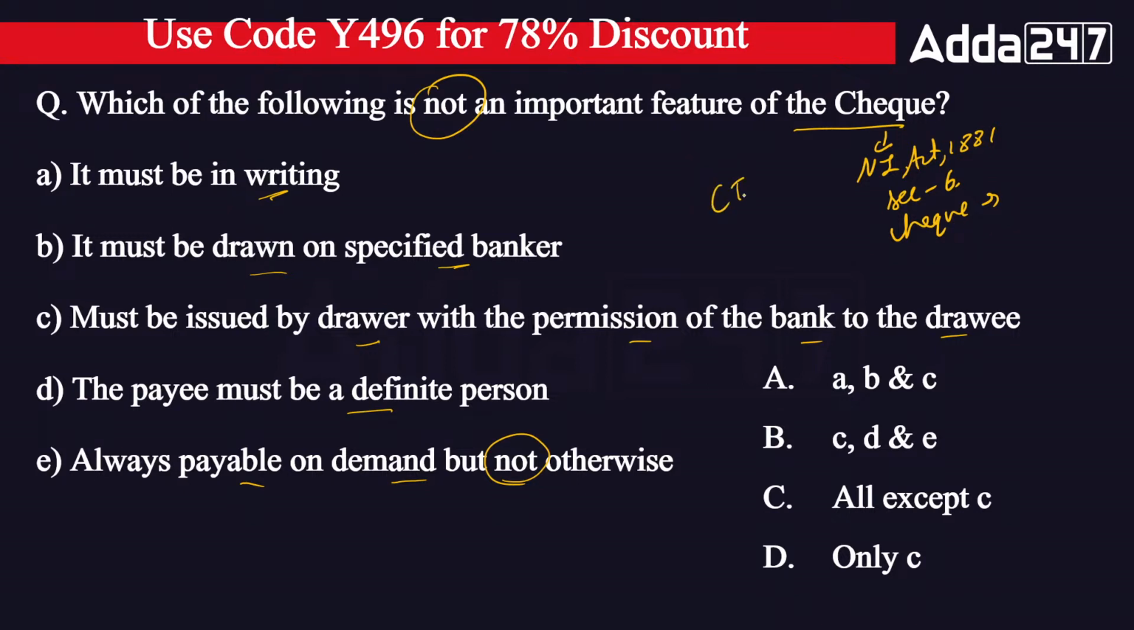Now the CTS has been introduced by the NPCI. What is CTS? Check Truncation System. Under the Check Truncation System, the bank is now not performing the physical transaction of a check, but what they are doing here, they simply take the electronic image of the check and clear it. So the right answer will be your